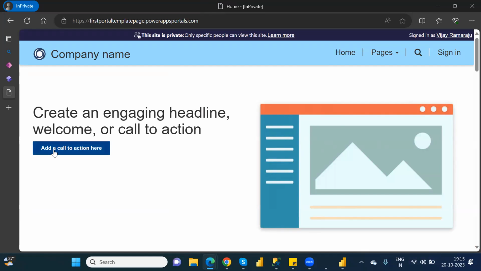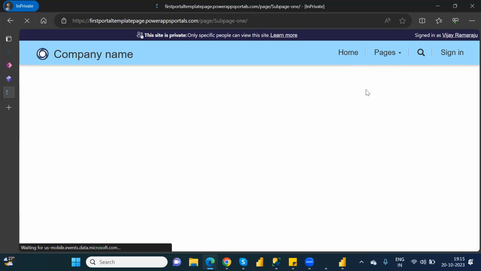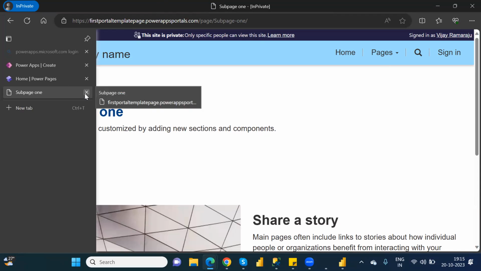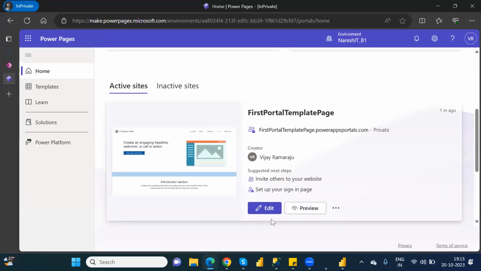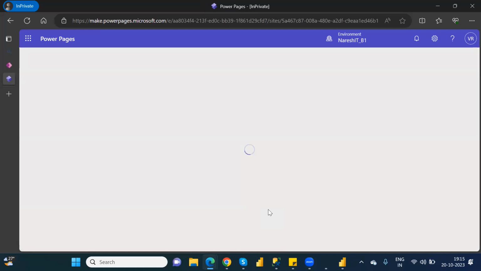And click on add call to action here. And you click on it, something you have to write it here, right? If you click on home, see, this is the home page. If you create new pages and everything, sub pages and everything, if you want to use it, see here, sub page having different stories and everything. And you have to design it. Still it is a default template. So for that, what you have to do, click on edit. That means you have to design by your own. So for that, click on the edit option. When you click on the edit option,